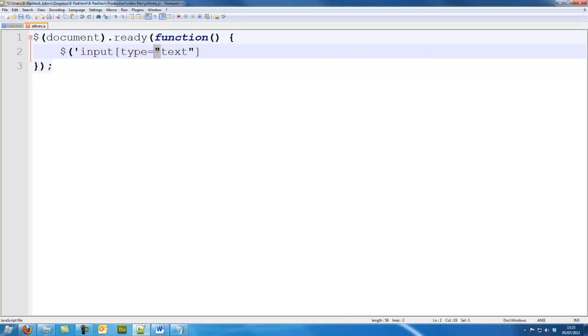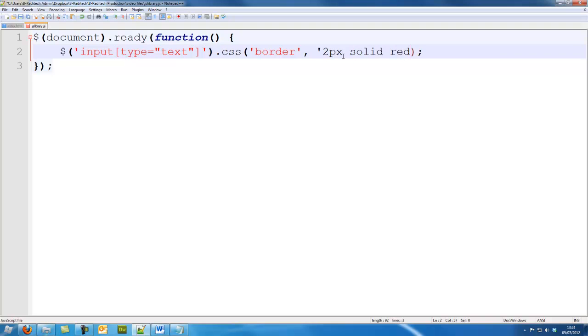Now if you're using speech marks or some of these, then whichever one you use here, you've got to use the other one there. Otherwise, if I use this, it will just put that as a string and this is no longer a string, so you've got to keep that like that. So input type equals text, end the squares, and then end the normal brackets, and I'm just going to put dot CSS. I'm going to apply a short CSS rule to here, so I'm going to put border, I'm going to put 2px solid